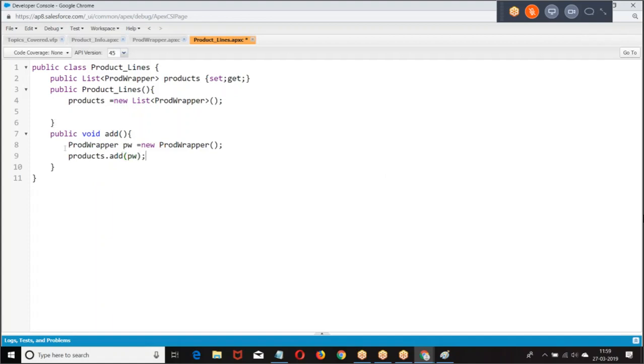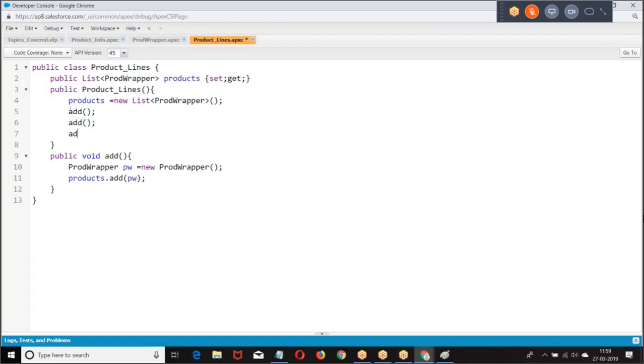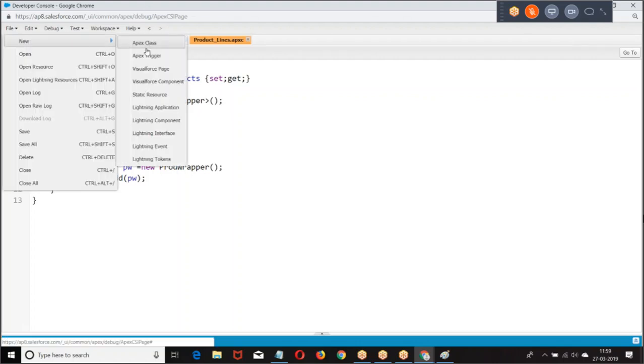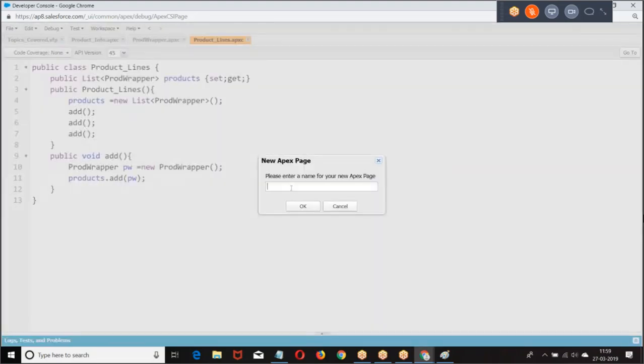Now, when I say product wrapper, what are you doing? Adding a new product wrapper to the list. Then I call add here. So how many times are we calling the product wrapper? 3. So initially how many records are there? 3 records are there. Okay. Now let us go back to this. Listen, observe carefully, boss. Look at the UI part first.